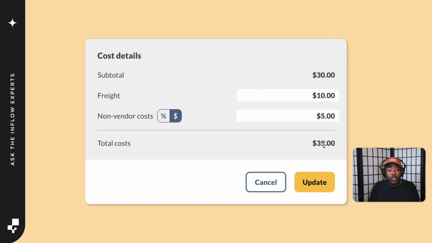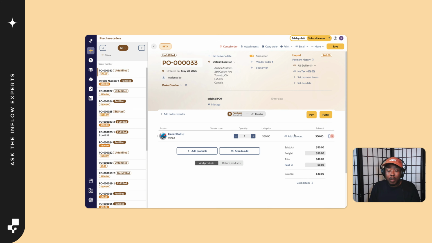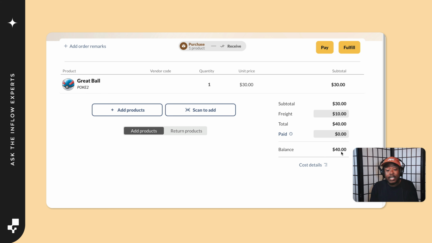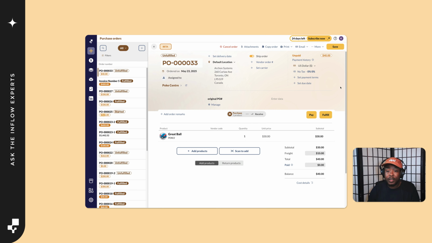Now what you'll notice is the total costs here are really just factoring in the subtotal before the actual freight charge. So it's actually costing me $35 to bring it in on the product itself and $10 I'll pay in shipping. You'll also see on my subtotal, it's still just telling me the $40, even though it's actually $45. That's because it's a non-vendor cost that's going in there. This is something that you don't have to send to your vendor, so we keep that separate. Let me save that.